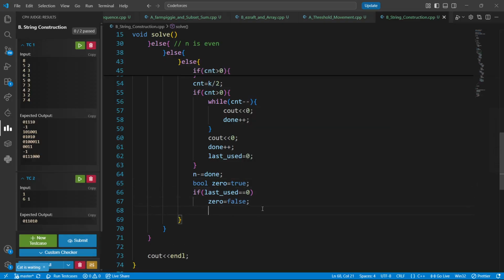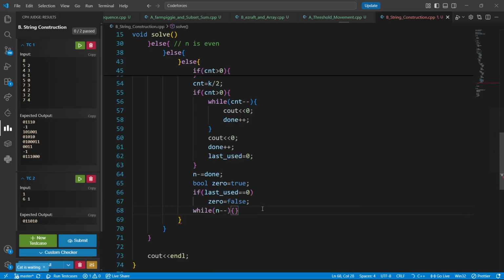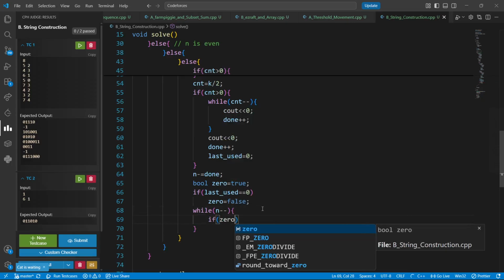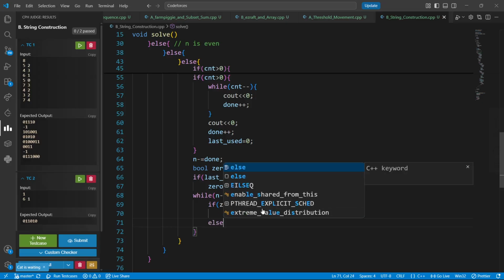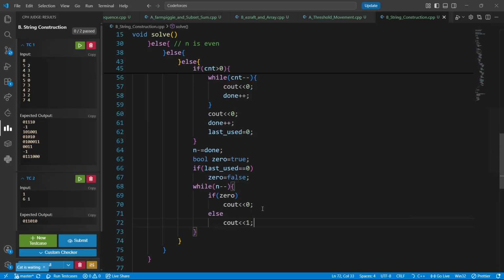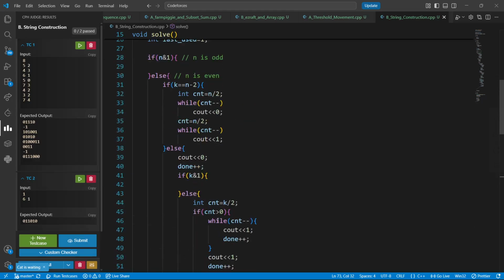right? And we can say while n minus minus, if 0, then we need to print 0, else we need to print 1. It is just taking alternates. How do we print the alternate 0 and 1? We have to negate the 0 here. Okay, this is done. Now when n is even, and here k is even,